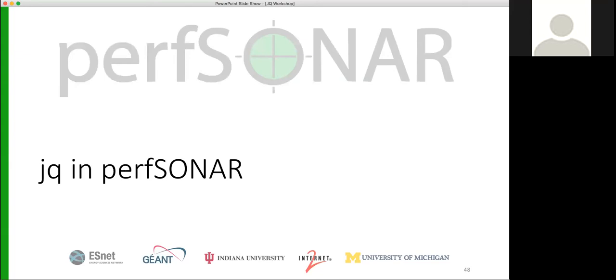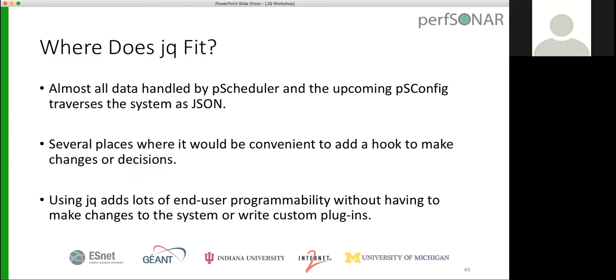So now here's where we talk about where we use JQ in perfSONAR. JQ turned out to be a really good fit for perfSONAR because almost all of the data that's handled by pScheduler and the upcoming pSConfig traverses the system as JSON. And in the process of adding some additional features, during development, we discovered that there were several places where it would be really convenient to add a hook to make changes or to make decisions about things. And JQ, it turned out, was a really handy way to do that because it adds